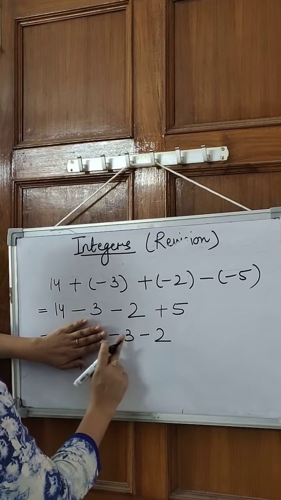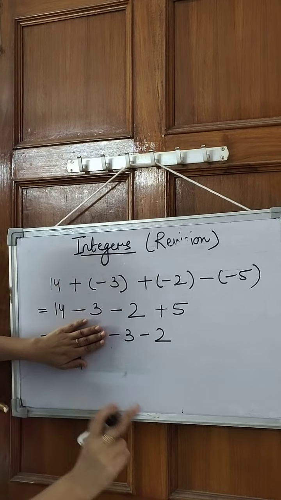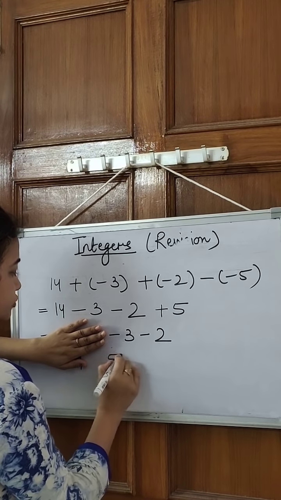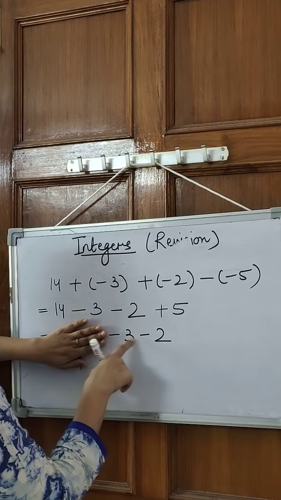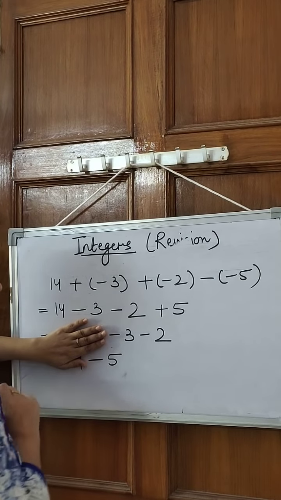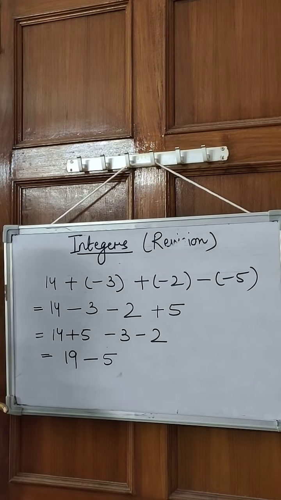Minus 3 and minus 2. Minus minus is plus. So we will add them. So 3 and 2 is 5. So we will write 5. Now both the numbers are negative. 3 is greater, it has a negative sign, so this is also minus. Okay, now we will see the rest of the question.